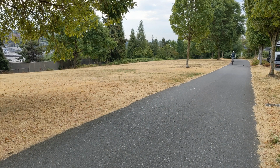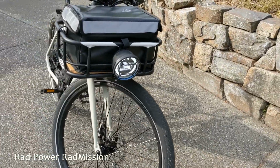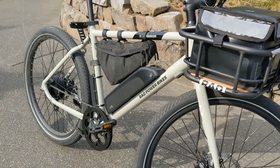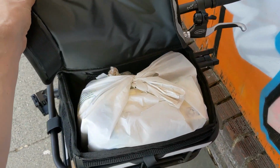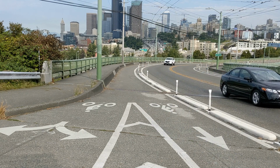I'm going to start using this space to post some bike content from my day-to-day life. I wanted to kick it off with a review of my new Rad Power RadMission e-bike. I picked up the RadMission about a month ago and I've been commuting on it 4 days a week, as well as riding it for grocery runs and around the neighborhood. I wanted to share some of my thoughts about the bike and how it fits into my life as a